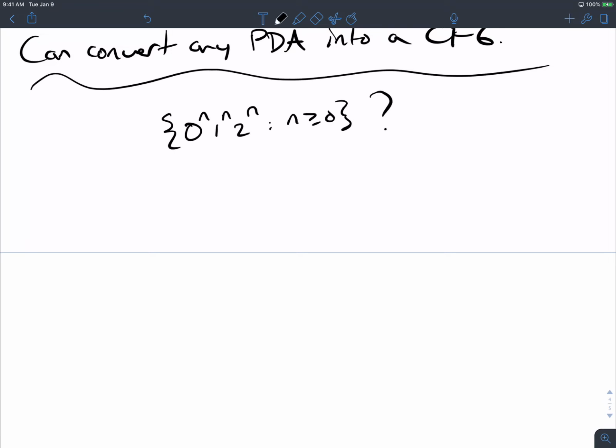Well, think about how would you do that with a stack? If you saw an input that had zeros, ones, and twos on it, and you wanted to ensure that the number of zeros, ones, and twos was the same. Well, we could try our idea of put on the zeros as we read them and then pop off with the ones. But what do you do with the twos?